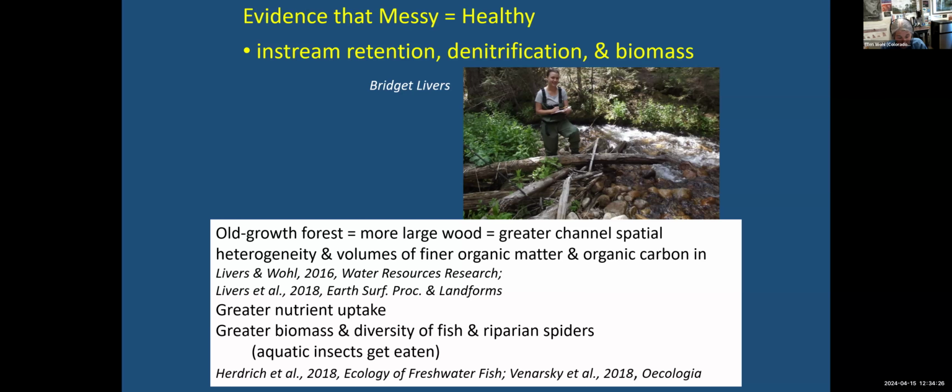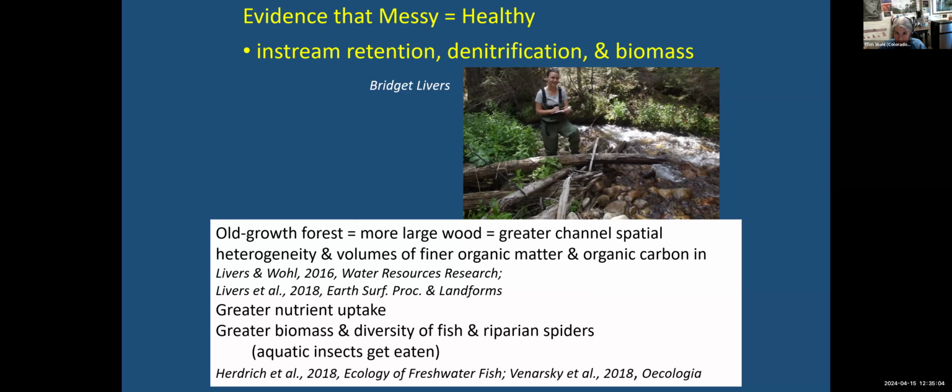What surprised me, though, was we had a population of 3 different types of river corridors. They were old growth forest, which means older than 200 years for the average stand age. Younger but naturally disturbed forests, so less than 200 years for average tree age, but no history of timber harvest or other alteration. And then younger disturbed forest or managed forest. These were forests that had a history of timber harvest or wood removal, although nothing had been done in them for a century. And what surprised me was that the old growth and the naturally disturbed forest were statistically similar, but they were both different than the historically managed forest.